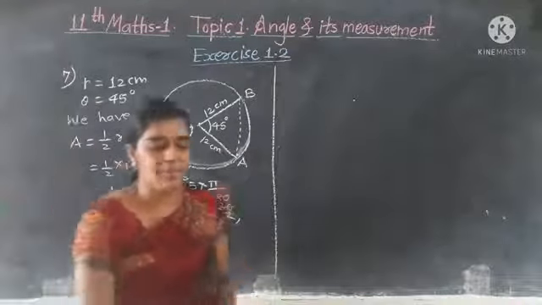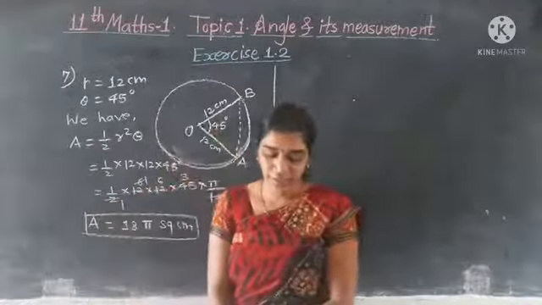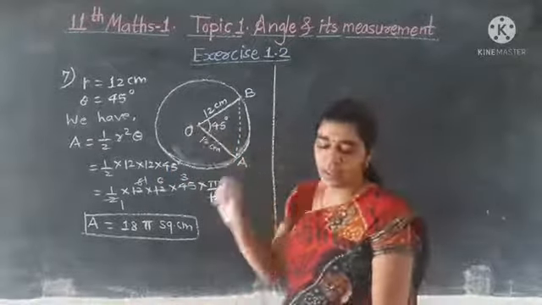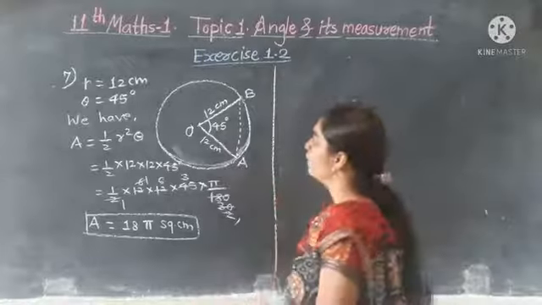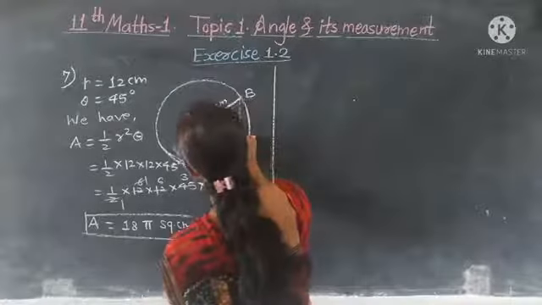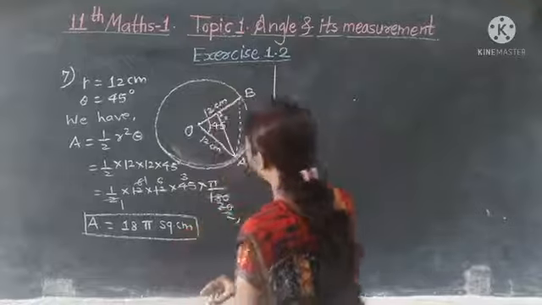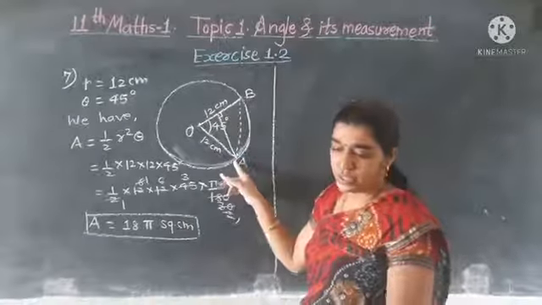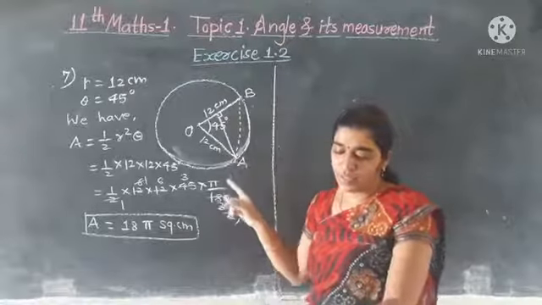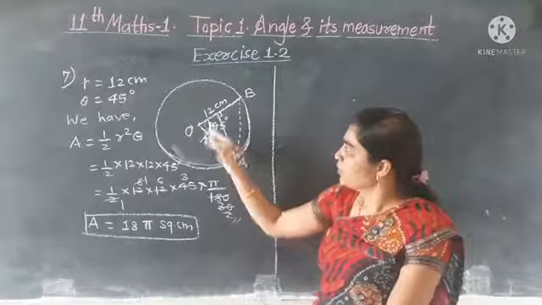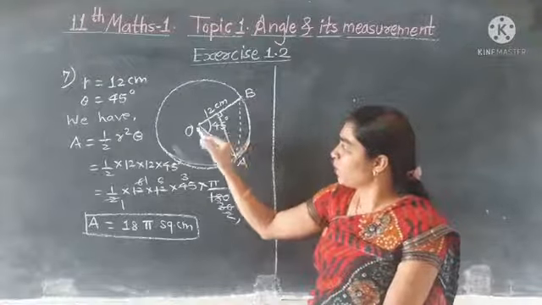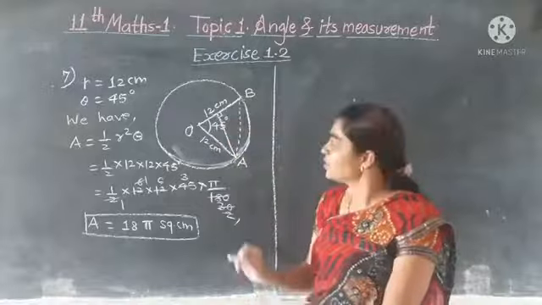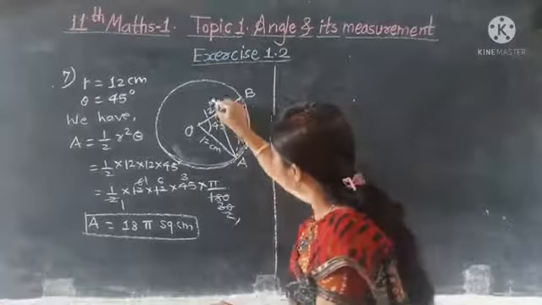Area we get 18 pi square centimeter. Now we want area of triangle OAB. How to find? We know if we draw here perpendicular, then this is the base and this is height. Okay, so what is the formula? Sin 45. You know sin 45 is opposite upon hypotenuse. Okay, this is perpendicular. So we find first, suppose this is perpendicular AM.